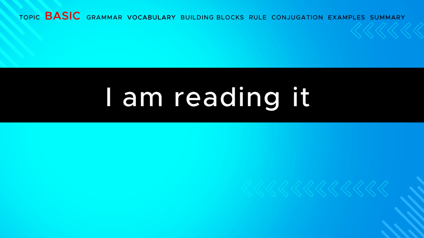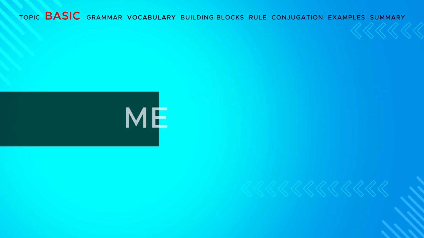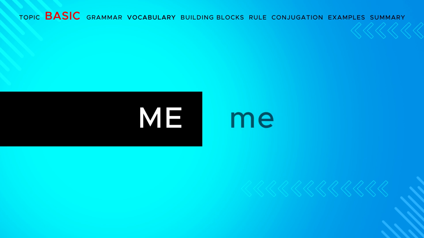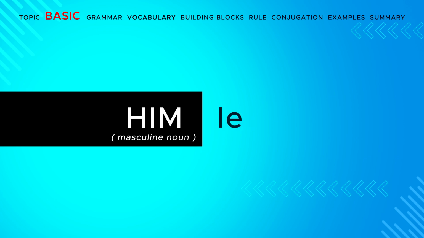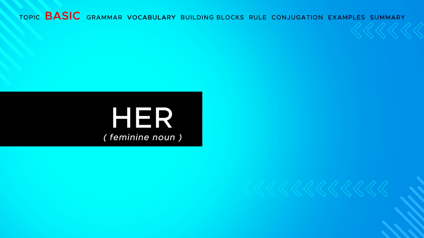Let's see how we do this in French. Here is the list of the English direct object pronouns and their corresponding French pronouns. First in this list is me, me, you, te, him, le, her, la,